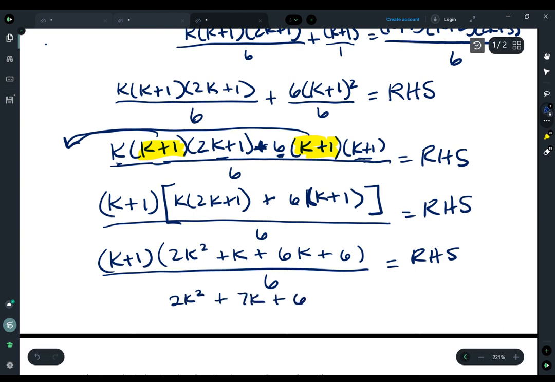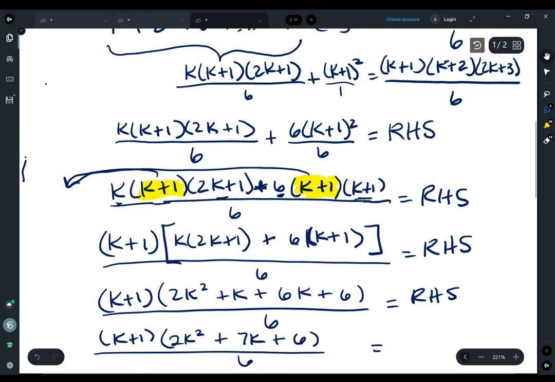So now I've got to factor the 2k squared plus 7k plus 6. And the cool part about this is I know what it's supposed to equal, right? I have this thing up here that it's supposed to equal from the very beginning. So a lot of times what I'll do is I'll even just look at how it's factored and say, hey, does that actually match with what I have down here? And if those are the same, and it's a lot easier sometimes to actually multiply it out and check it,